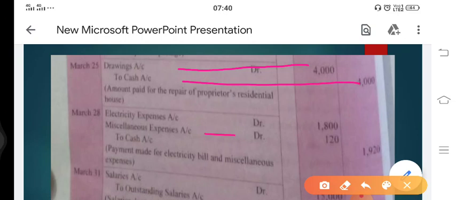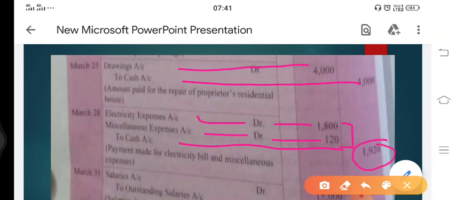Miscellaneous expenses got debited, electricity expenses got debited. So in the journal entry, both the expenses are debited, that is electricity expenses debit 1800, miscellaneous expenses debit 120 to cash account. Since cash is going out from the business, all total, that is 1800 plus 120, comes to